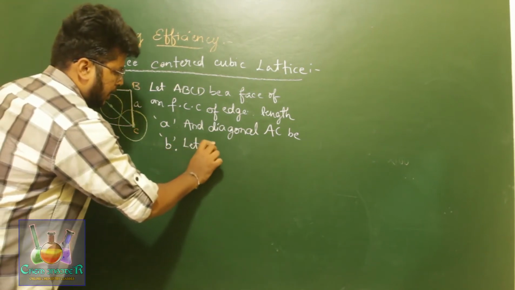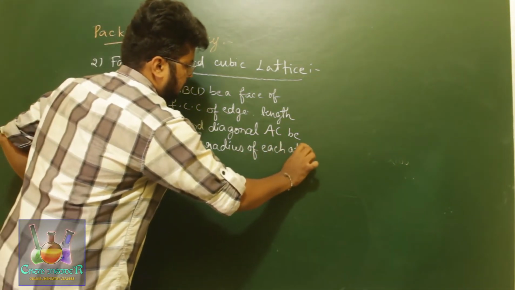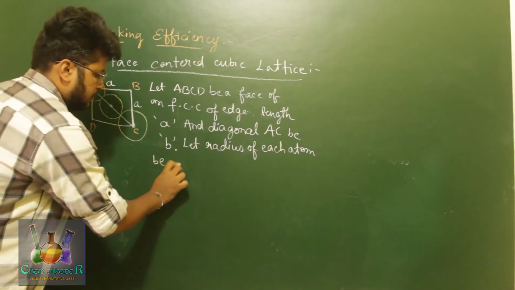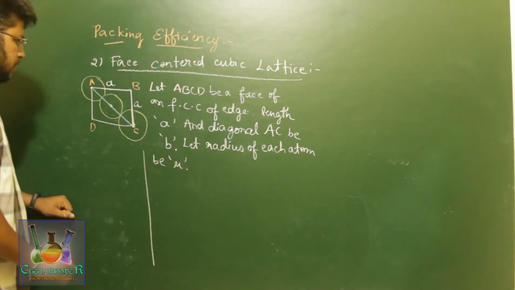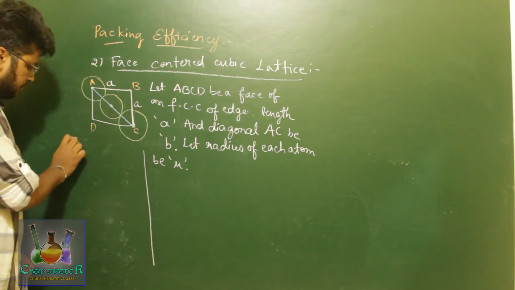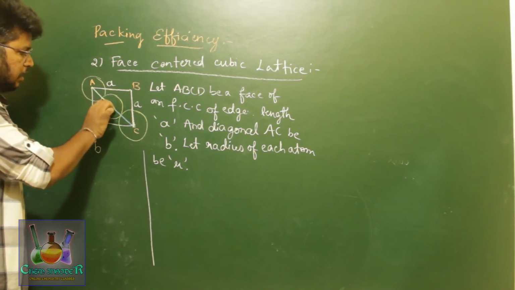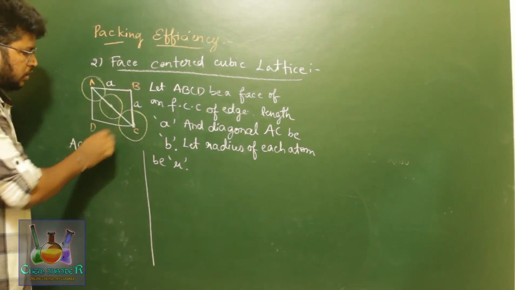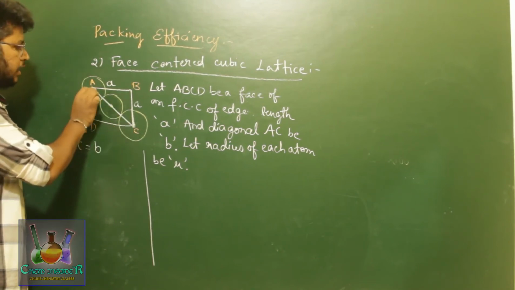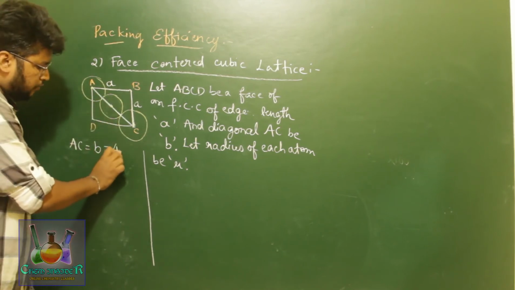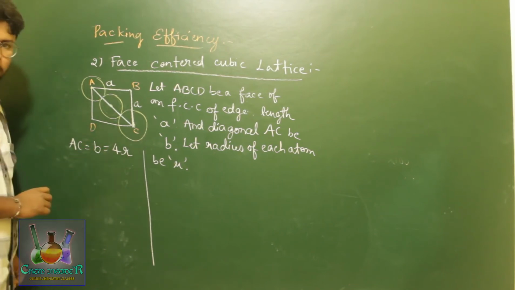Let the radius of each atom be small r, because the radius of these atoms is r. So now for the constants from the figure, if you consider AC, AC is equal to b, which is equal to r plus r and one more r and one more r. That is, we have a diameter that is 2r, half of a circle 1r and radius of the other circle r. So that will be 4r. b is equal to 4r. Okay, so let us keep it like that.